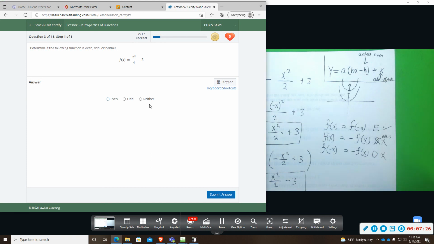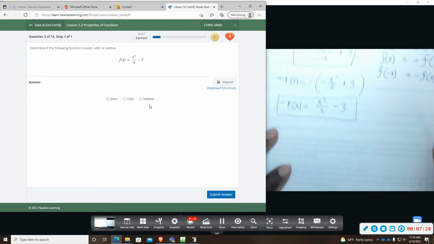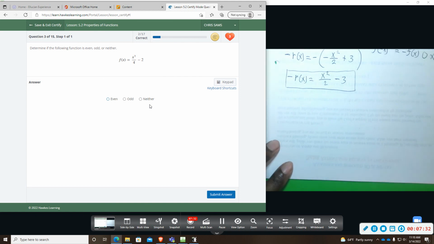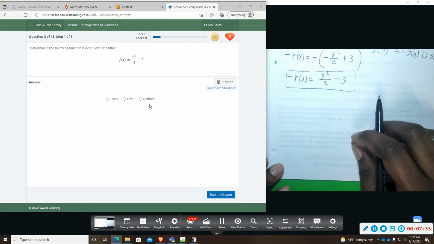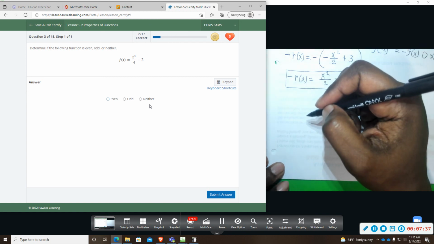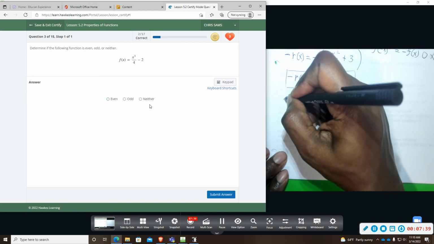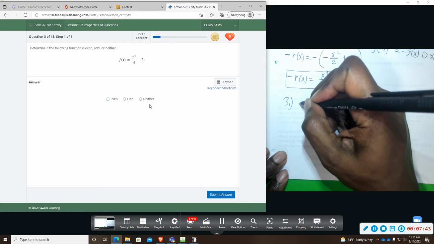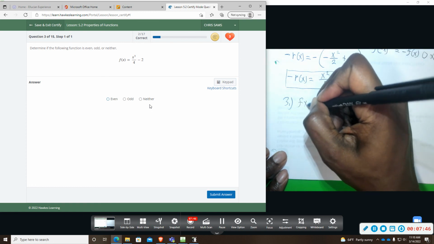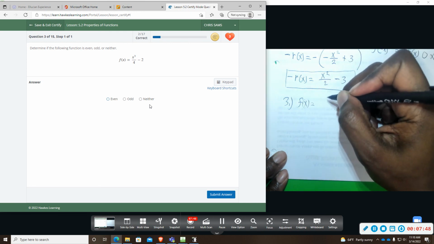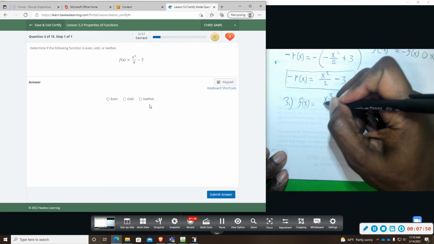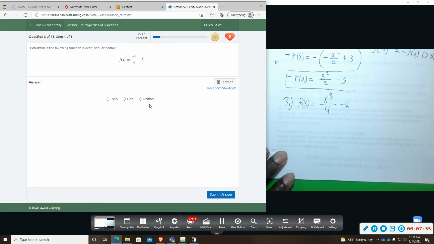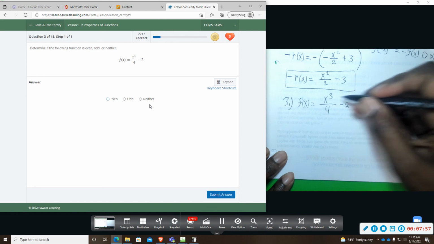And I'm going to solve this one more time for you, and then I'm going to allow you to practice these on your own, and I'll explain them and try to go through this a little bit more quickly. So with number 3, we have an f of x equals x cubed over 4 minus 2. Okay, so what that graph looks like, x cubed,